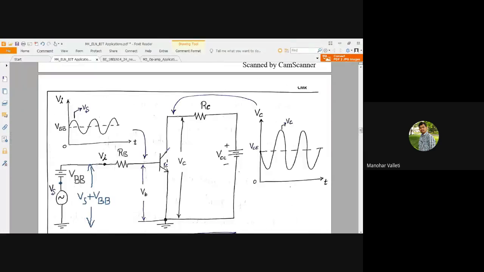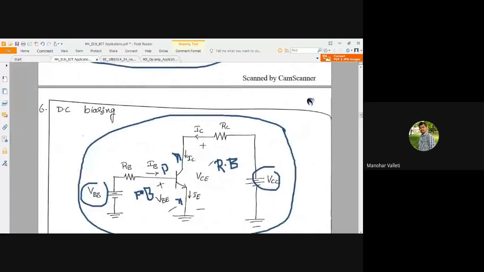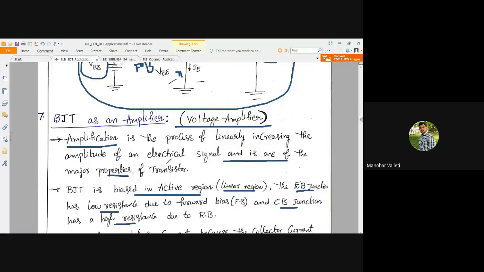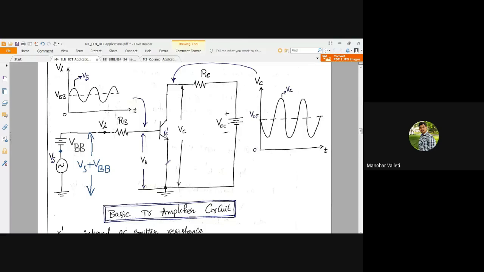And we just see this is the amplifier circuit. Whatever circuit is there, this is the DC biasing circuit. For this DC biasing circuit, we need to apply an AC input, right? Only the AC input needs to be amplified. So we connected the AC input as shown here.